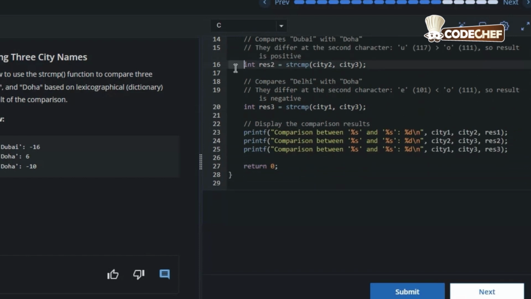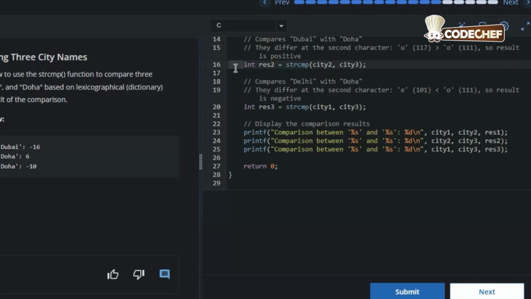Next we compare int res2 = strcmp(city2, city3), which is the comparison between Dubai and Doha. In the second comparison, Dubai versus Doha, we come to the second letters of each of the cities, that is U and O respectively, and the values are 117 minus 111, which gives us 6, a positive value.